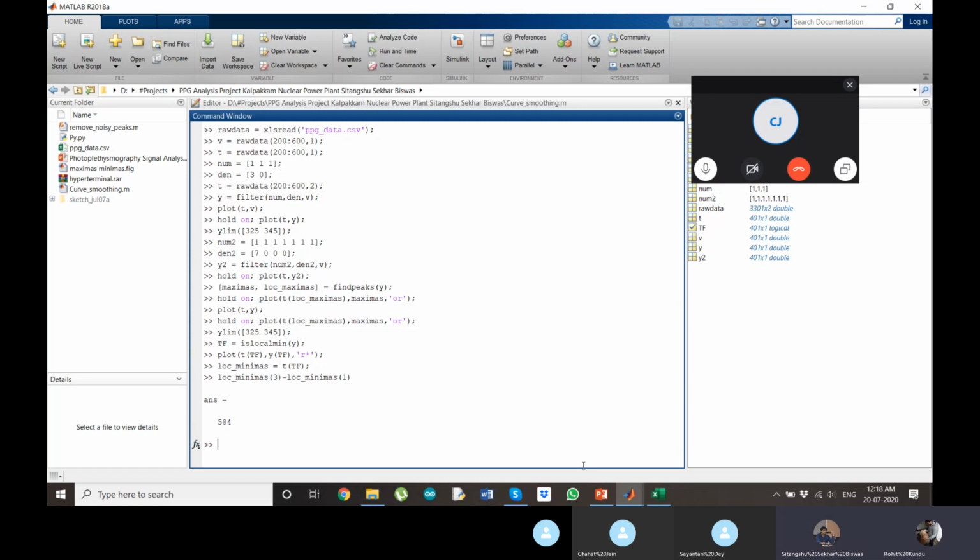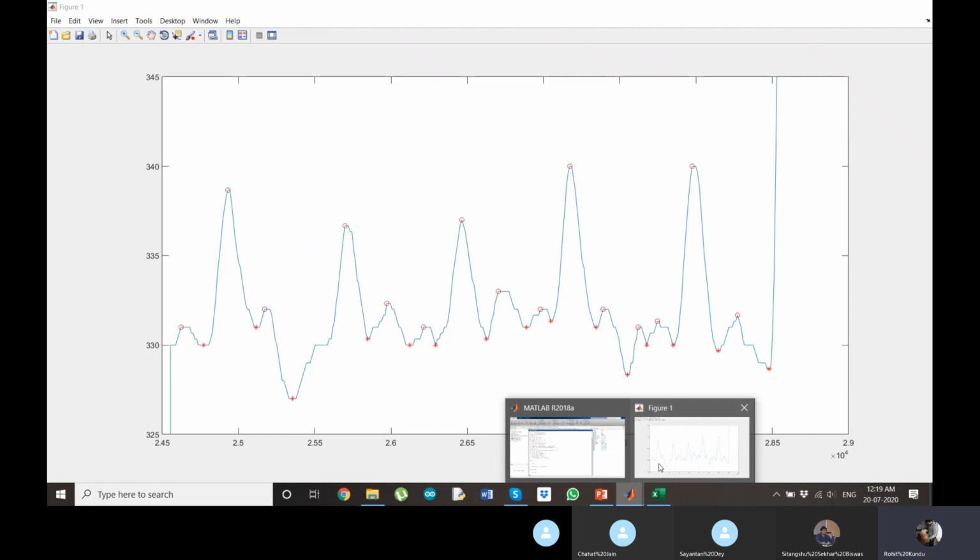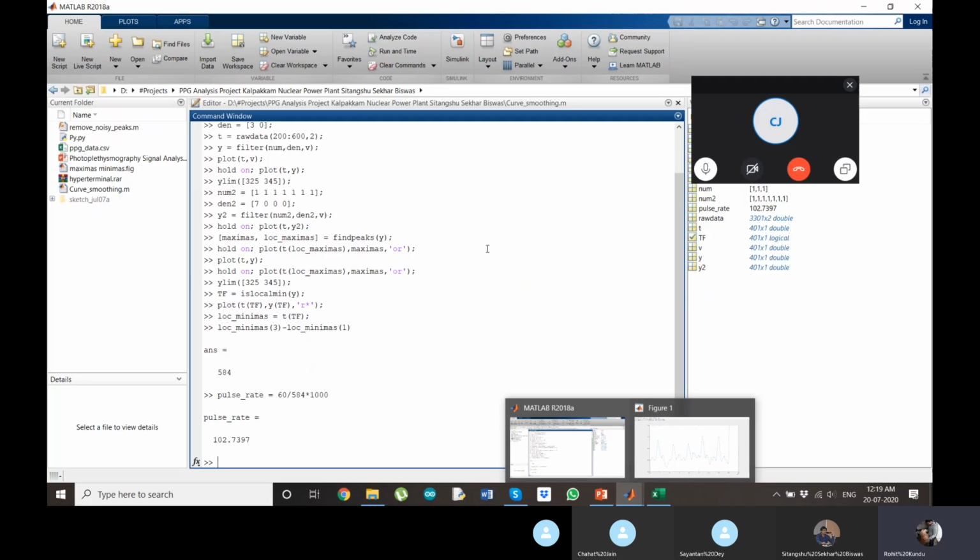So 584 millisecond is the beat time. So the pulse rate will be 60 divided by 584. Since it is in millisecond, I'll just multiply with 1000. So 102.7 around. So Shantan's heart rate was also, he said 100 around. So it is near about accurate.